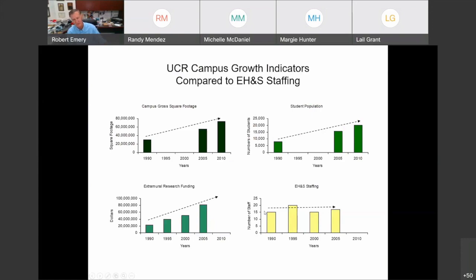The guy, his name was Ross Grayson, he told me he showed his boss this data, and he got immediate approval to hire 2 or 3 people. I forgot exactly what he got, but it was a successful display of data because it told the right story. We're going to talk in the next presentation about the importance of this metric of square footage being really driving the relationship down here as well.